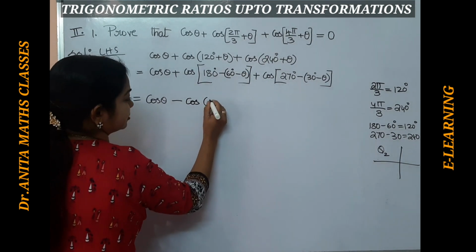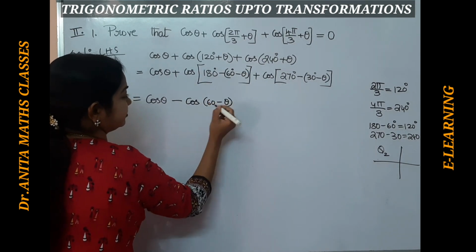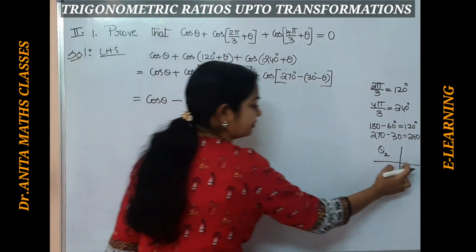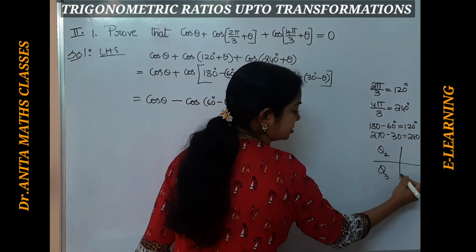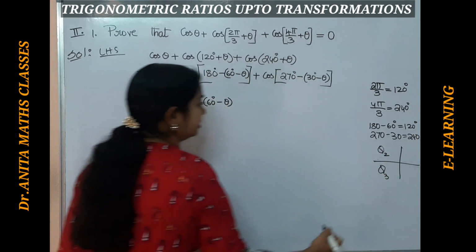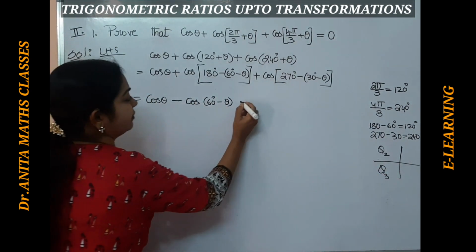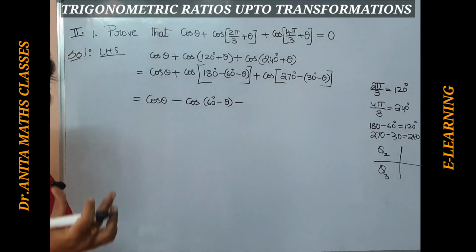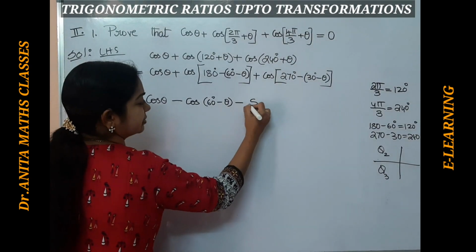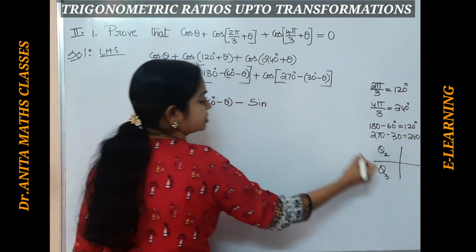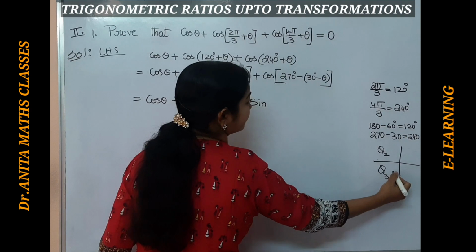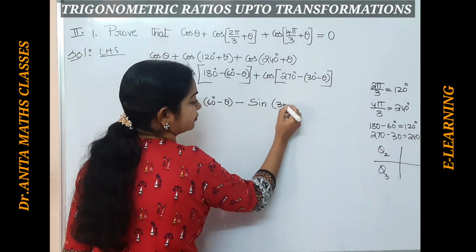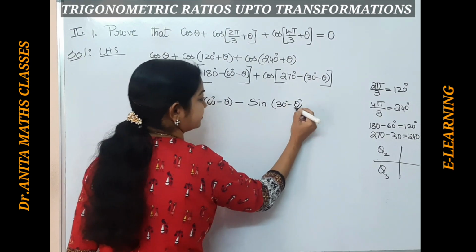This is our theta, so 60 minus theta. Okay. Same way, 270 minus. So 270 minus is in the third quadrant. Third quadrant, again cos is negative, so again we will take minus. And here cos of 270 will be transformed, it will become sine. So cos of 270 minus, here we have cos as negative. So we have taken negative, and the value of theta is 30 minus theta.